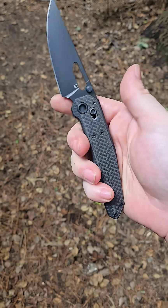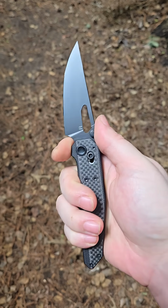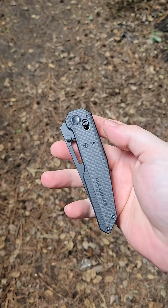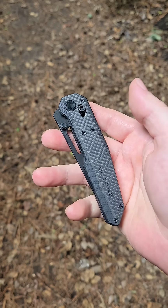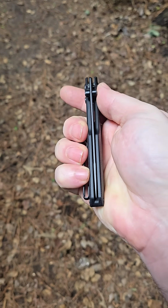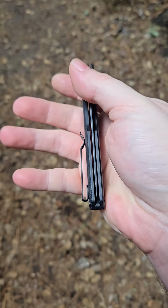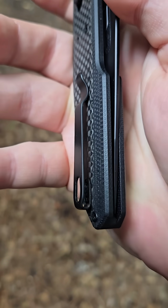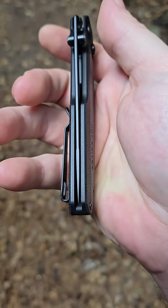and yeah, I like the blade length, like the opening hole. It's got a thumb stud and an opening hole. It's an axis lock. It's got good pocket clip, nice screws in there, good centering,